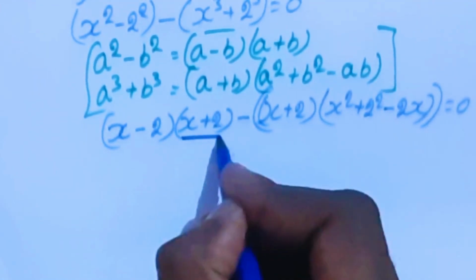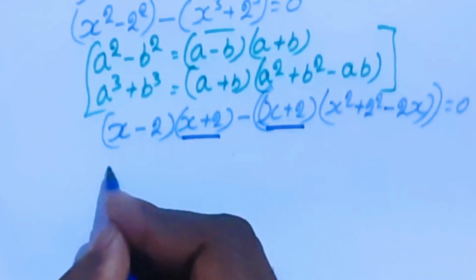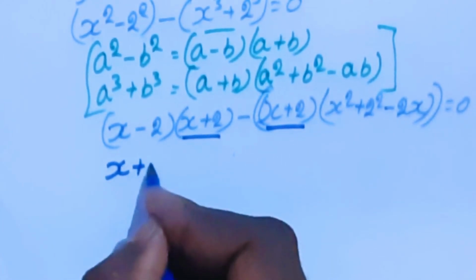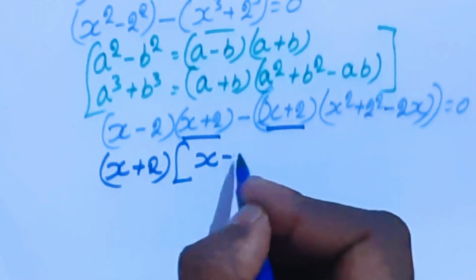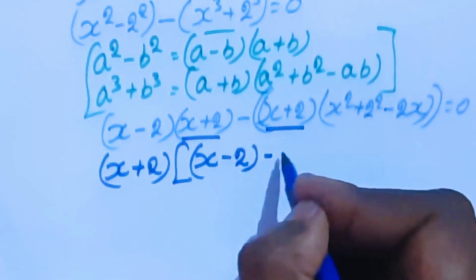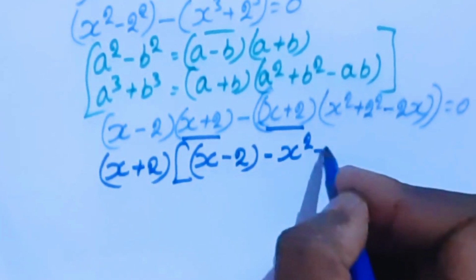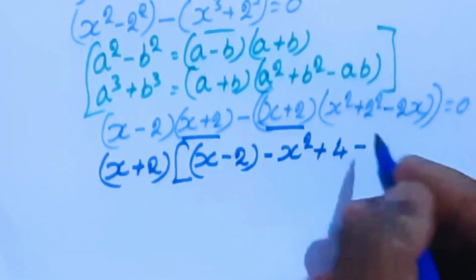We are going to take this (x + 2) common out. So (x + 2) open bracket, (x - 2), this one is minus x^2 plus this is 2^2 is 4 minus